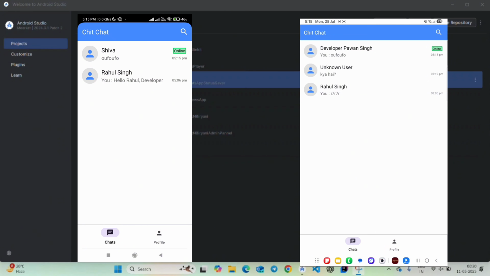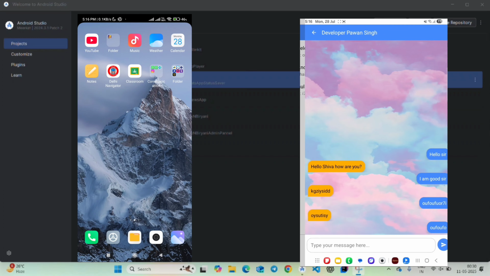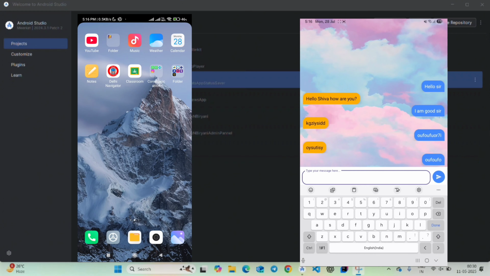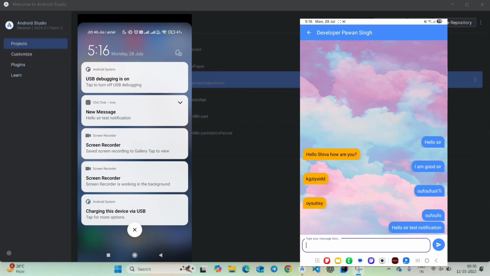So now let's test the notification feature of the app. So if I keep my first device on background, so I will receive the notification if the second device sends me any message. So let's do that. And if I send a message from the second device, let the message be hello sir, and it is a test notification. And then I click on send button, and if I check the notification on my first device,